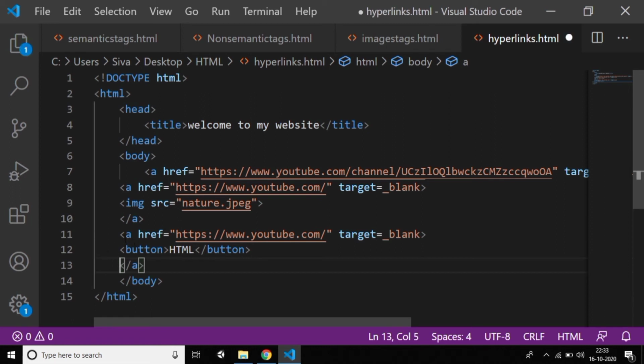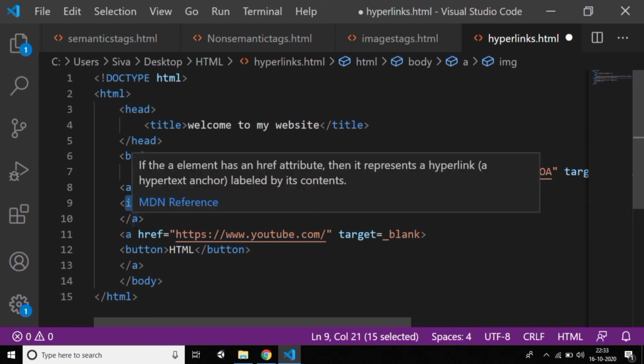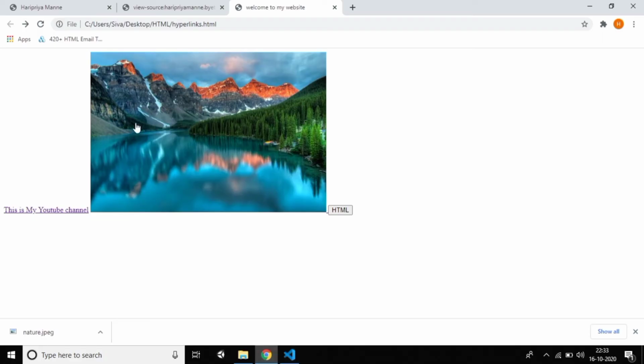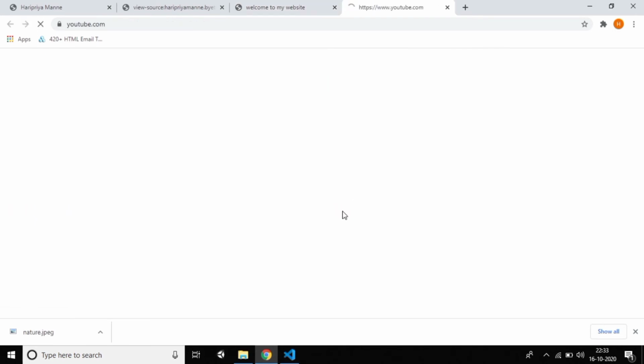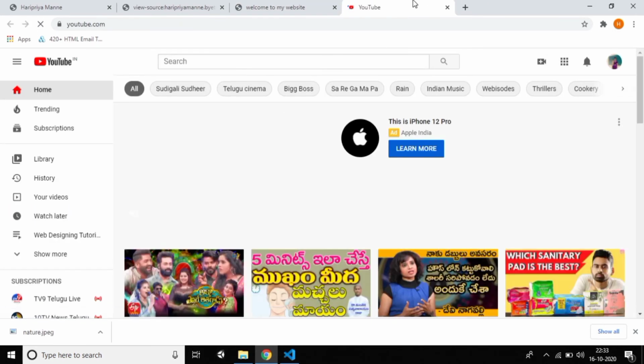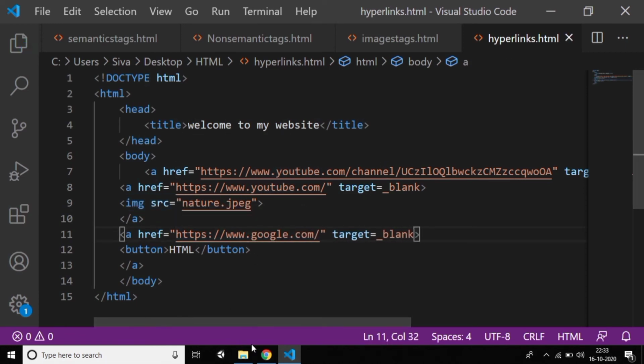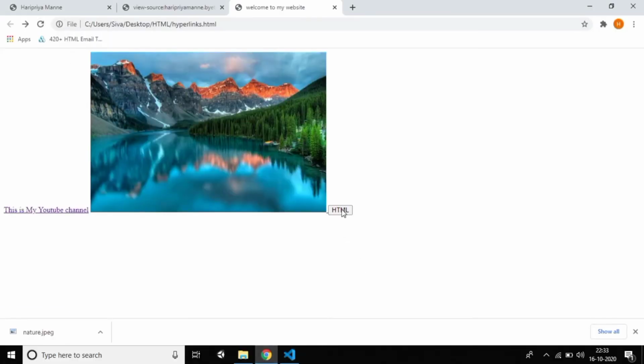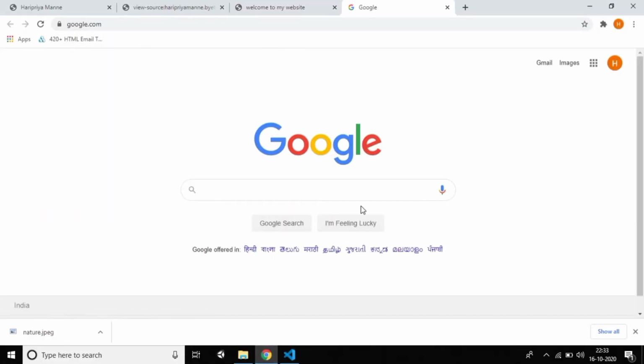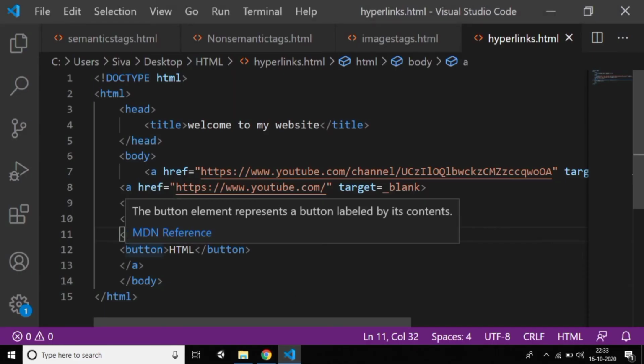Here I'm opening the anchor inside the button, and I'm closing it here also. Here I'm opening, and if I click the image I want to get, that's why I opened it before and closed it after. Just reload that. If I click this button, of course I'll get youtube.com, because here I gave YouTube. Instead of YouTube I'll give google.com. Press Ctrl+S and reload it. If I click this one, I'll get google.com. So this is the way to create a button by using the button tag.